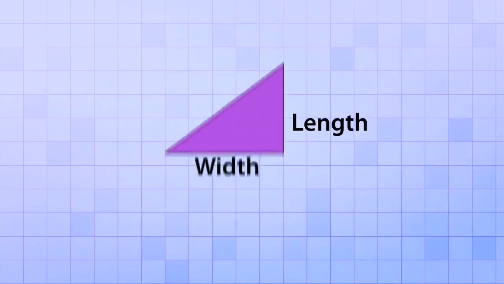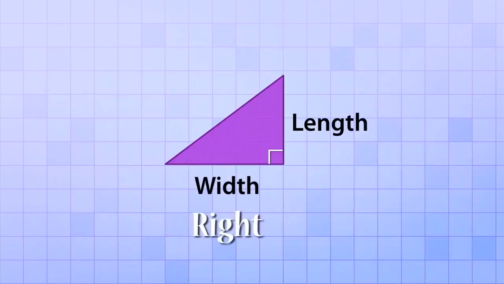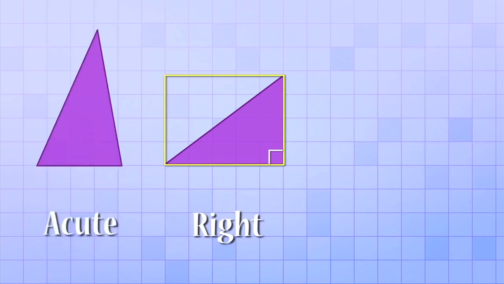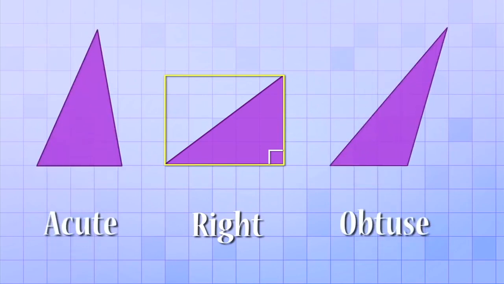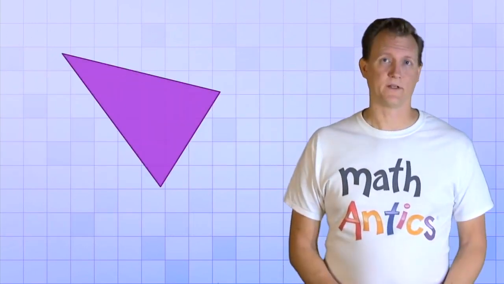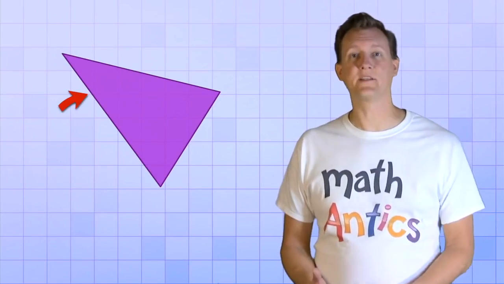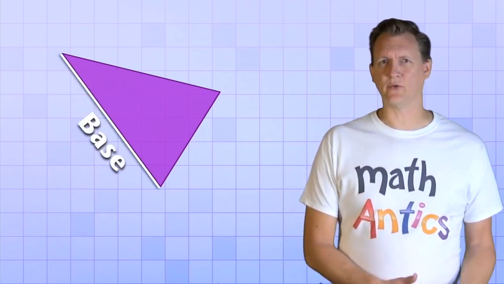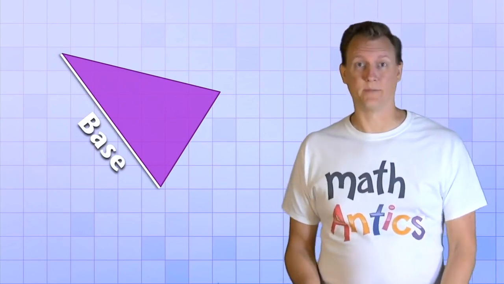The names length and width worked okay for this right triangle because the right triangle is exactly half of a rectangle. But those names don't really work for other kinds of triangles, like acute triangles or obtuse triangles, because how do you tell which side should be which? So for triangles, we do something different. First, we choose one of the 3 sides to be the base. It doesn't really matter which side you choose, and in a lot of math problems, the base will already be